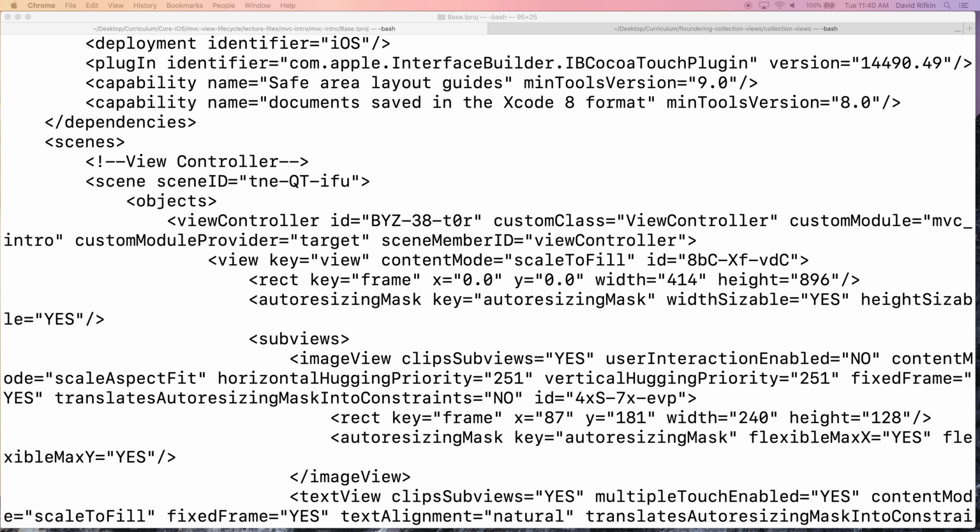we're going to say x and y are 0, 0. Its width is self.view.bounds.width divided by 2, and then its height, same thing, height divided by 2. We want to get the size. So now we're setting up the size of this inner view relative to the size of its